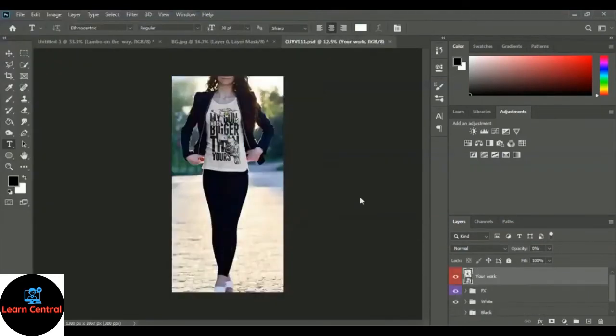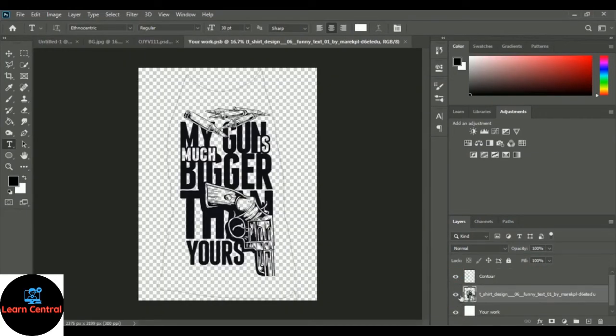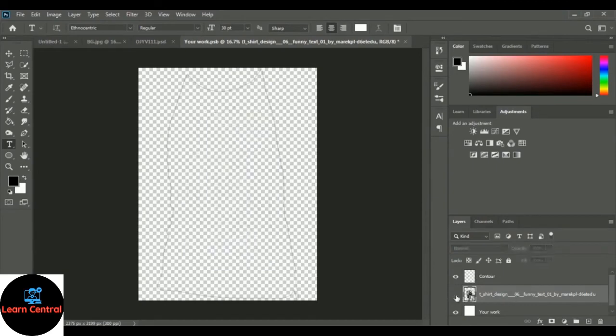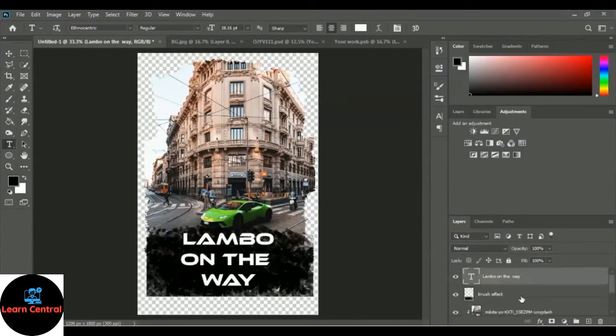You just have to double click on this layer and you have to click on this thumbnail, and let's turn off this t-shirt design layer, and we will place our design inside this border. So let's bring it. So here is our design, and we have to turn off the background layer because the PSD file which we opened doesn't have any background, it's with the transparent background. So let's turn off the background from here, and we have to select every layer